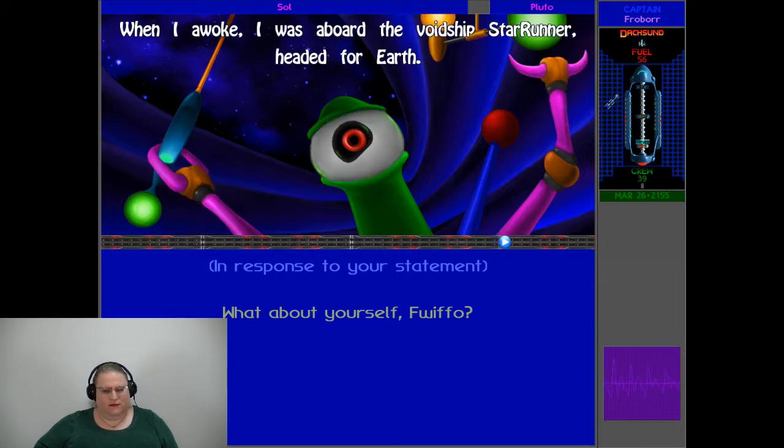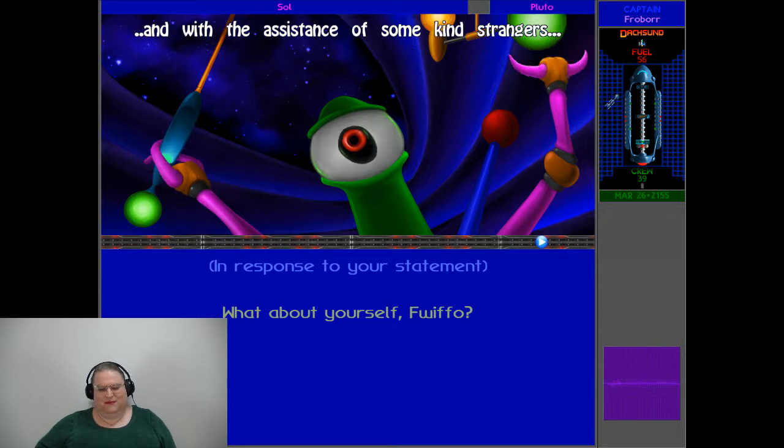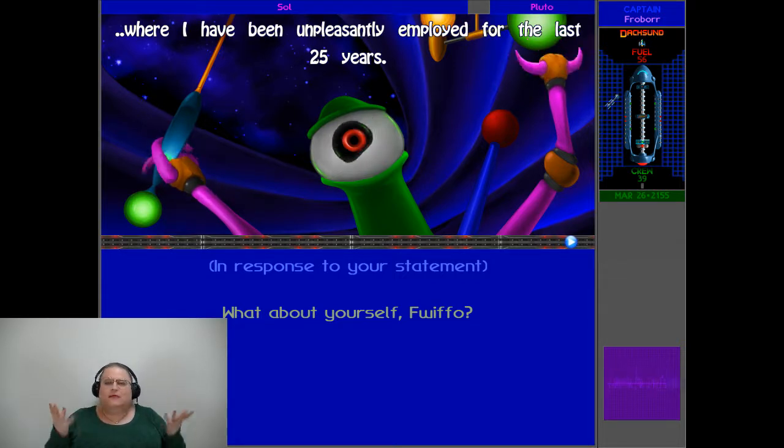It knocked me unconscious. When I awoke, I was aboard the void ship Star Runner, headed for Earth. Apparently, I had been out of my head for quite some time after the accident, and with the assistance of some kind strangers, had been relieved of my funds and convinced to join the Navy, where I have been...